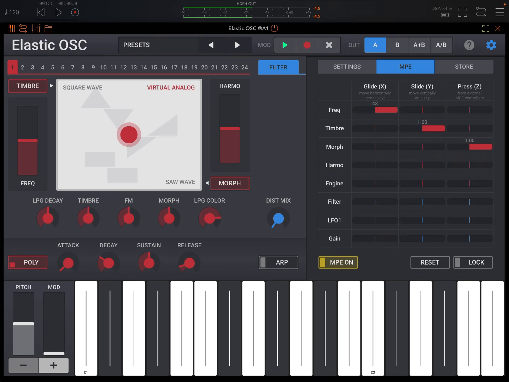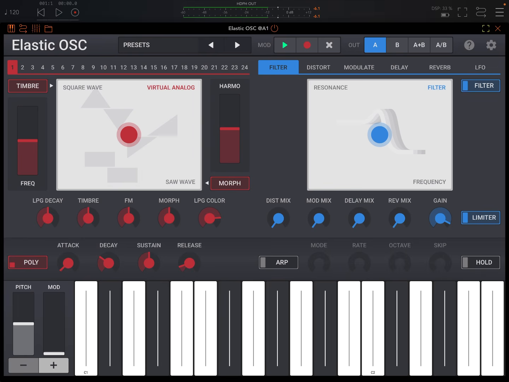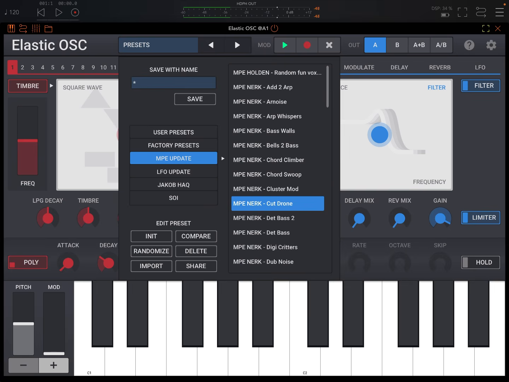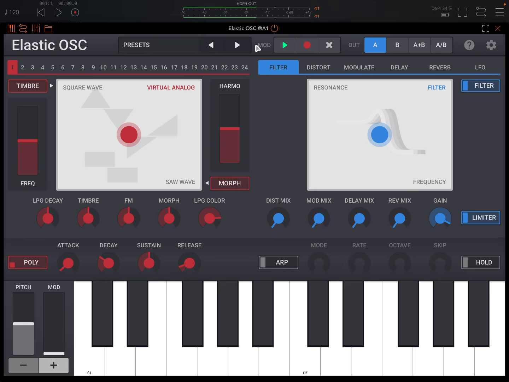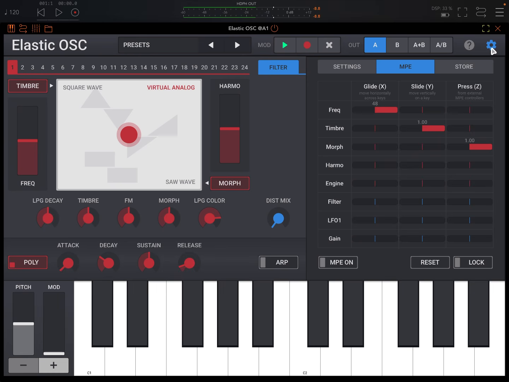So let me just show you first what you're going to do when you first open up Elastic OSC, right? It's going to be like this. If you're on the init patch, it'll have the regular keyboard. So if we want to start going into the MPE thing,